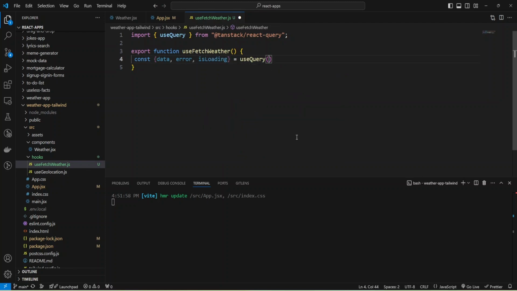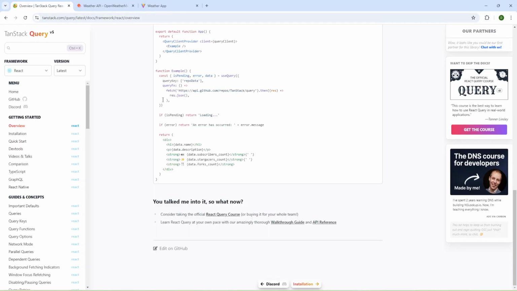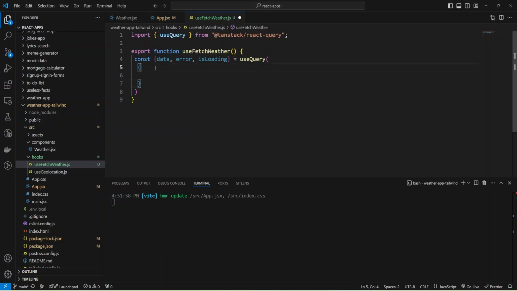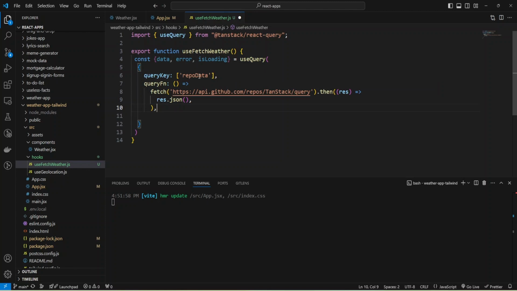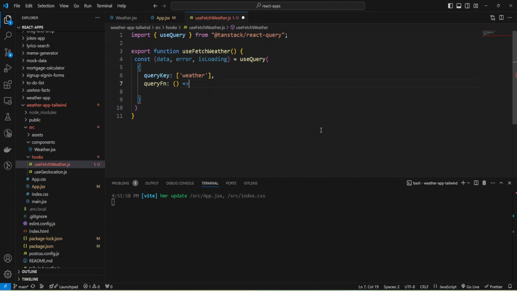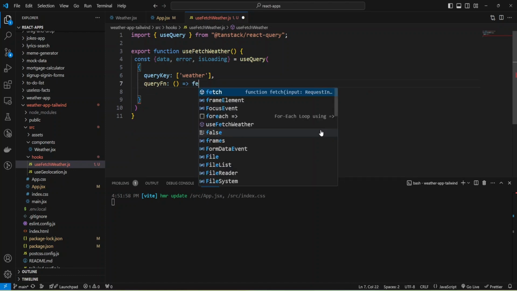And we need to define useQuery, and I'm going to just copy paste this code and provide query key will be weather, and query function we need to implement some function, and let's name it